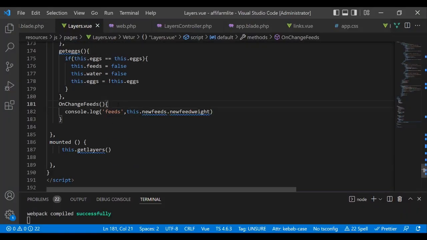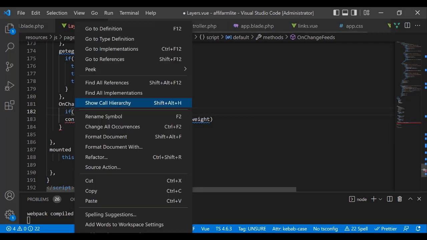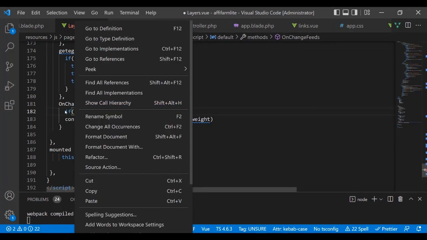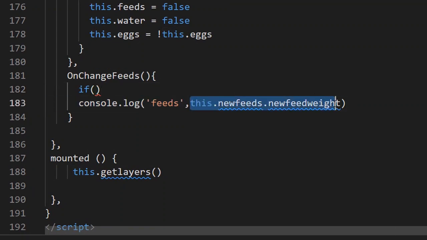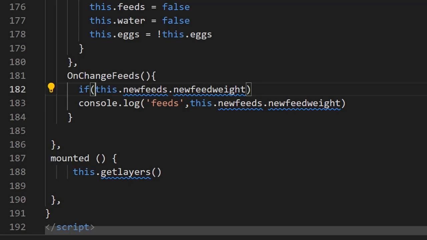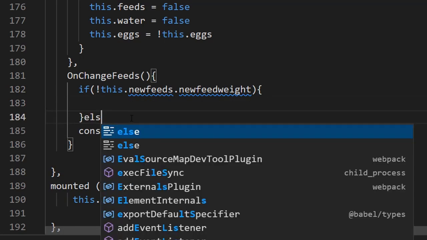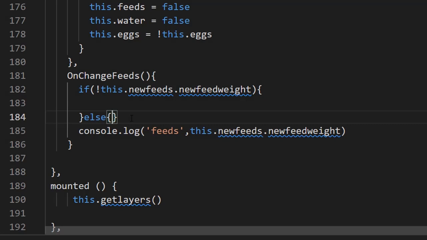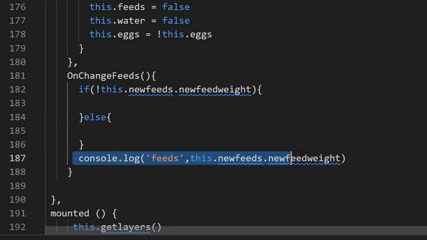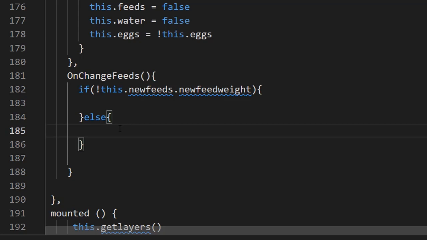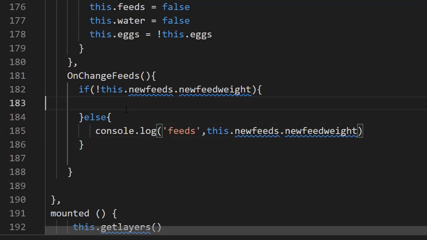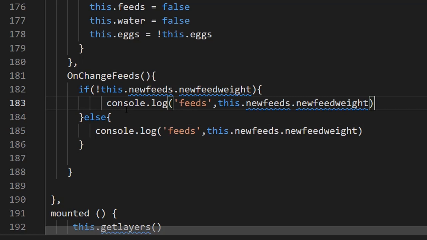All right, so here I come with the if statement. So if this dot new feeds dot weight is empty, so if this dot new feeds dot weight is equal to null or undefined, what should happen? Else, if it is already a value, what should happen again? We already have the statement that it should give us the value, but if not, what should it be? It should tell us that